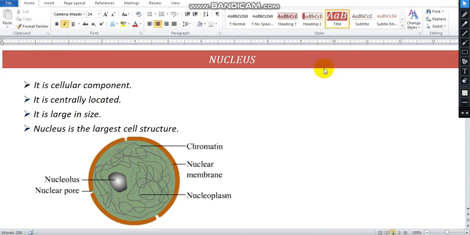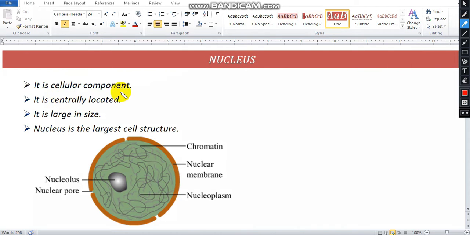This is a very important thing which is present in a cell. In the absence of this, there will be no functioning of a cell. So let's discuss what is nucleus, what are the functions of nucleus, what does it contain and how it does the functions. So let's start our video.